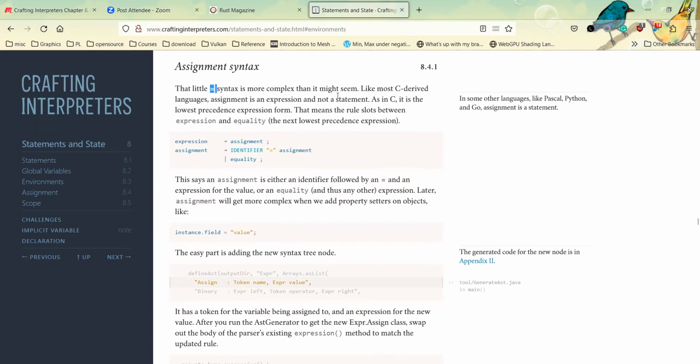And then he mentions there are languages, like most C derived languages, where assignment is an expression instead of a statement. The only reason for that, even though that's confusing, is that people can do some weird stuff like A equal to B equal to C equal to 42, and then you assign all three variables together. But in some other languages, assignment is a statement.